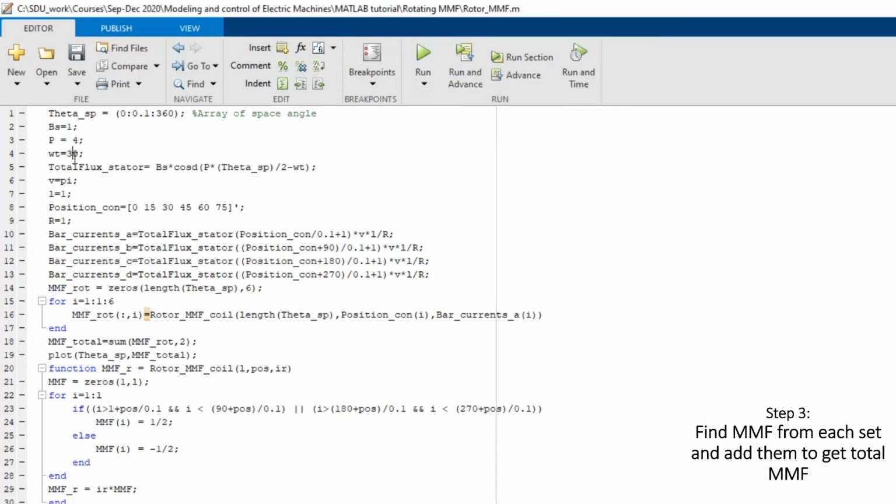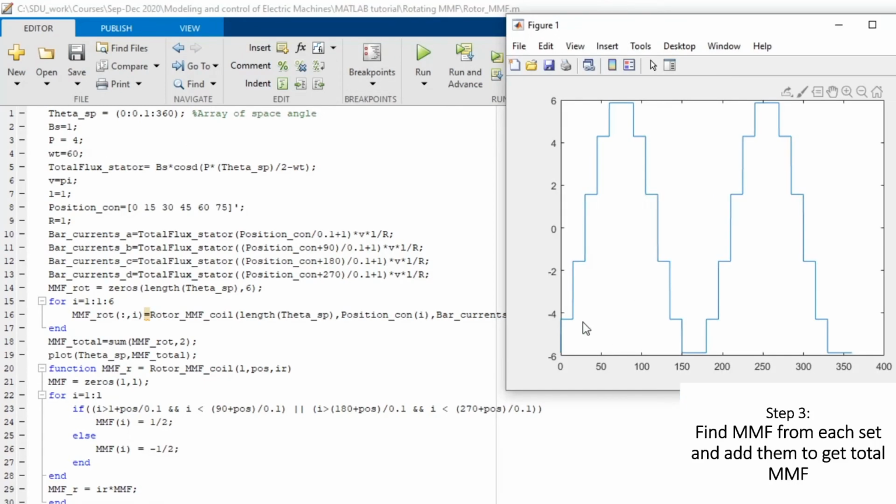If we change it to 60 degree, run the code, we will get this curve. That is how we can plot the MMF waveform for different values of omega t because of rotor current. You can see the amplitude of MMF waveform is constant, and at different values of omega t, it just moves in space.